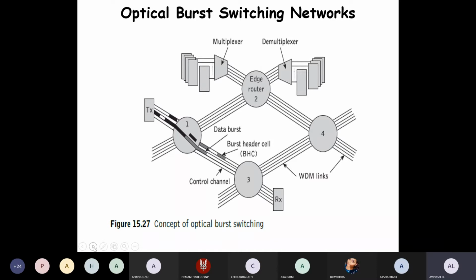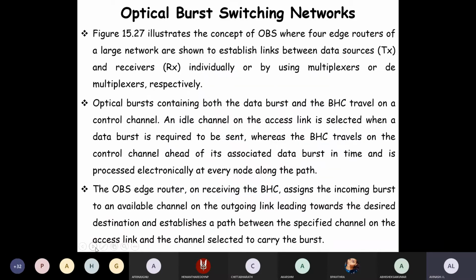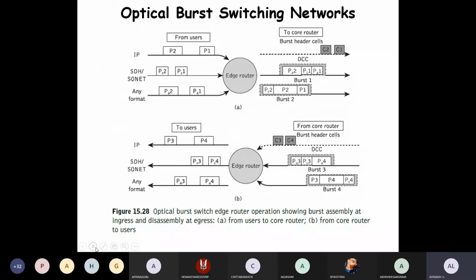When a burst happens, the burst will have a burst header, and the control channel will take care of it. When the burst header comes, it will be routed to the transmitter. Suddenly, if any data wants to be transmitted, apart from the normal channel, you can send it through the transmitter via dynamic routing. The diagram indicates that. Now we can see the optical burst switch shared there. So these are the concepts.